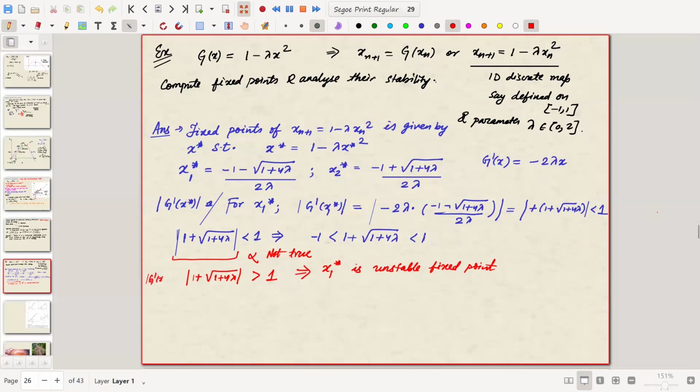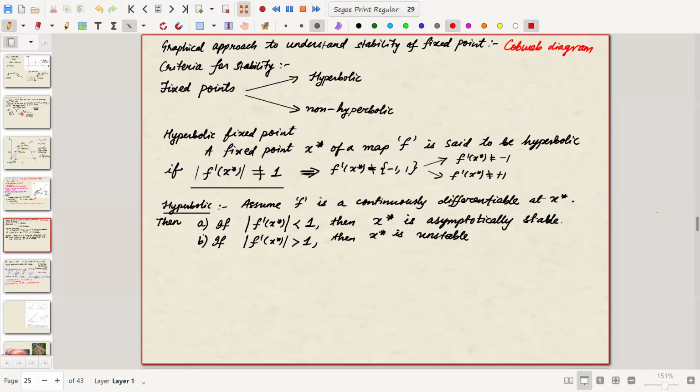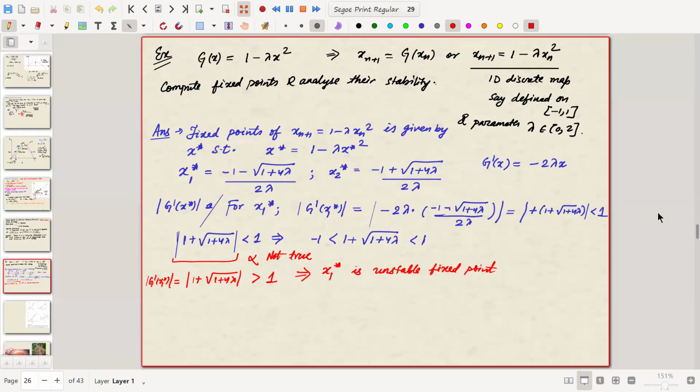g prime of x1 star. And this quantity is coming to be greater than 1. And according to our previous definition, if the derivative is greater than 1, it is unstable, from part B. So therefore this is unstable. Now my next question is,